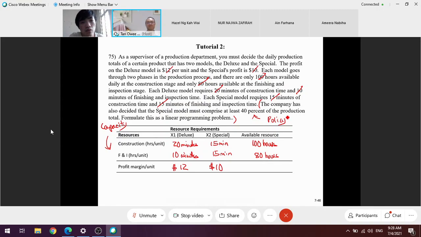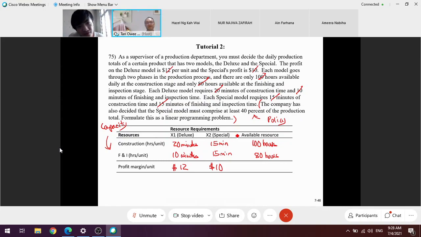Policy constraint, sometimes you can put into the table, sometimes you cannot. In this case, we don't put it in the table first. I'm going to show you how to do it. Let's settle the capacity constraints first. Do you understand? Constraints are not only capacity, there are policy constraints. Policy is troublesome, actually I don't like it. Policy is decided by people, it makes things harder for us. Okay, so the policy constraint we look at later.